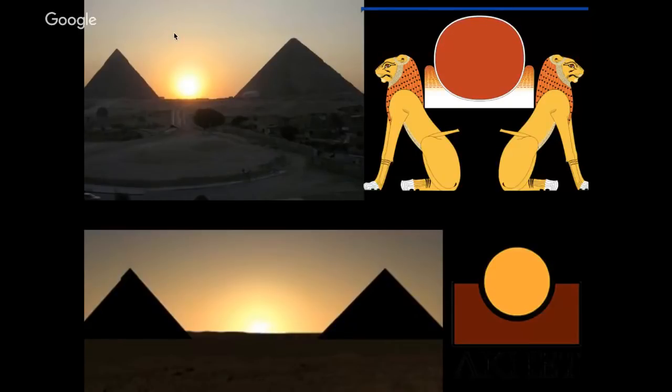Medu. Okay? Another fake ideology. Okay? This is representative of the sun rising. They call it the Aket. Okay? One lion represents yesterday, the next lion represents tomorrow, and the middle represents the rising of the sun on